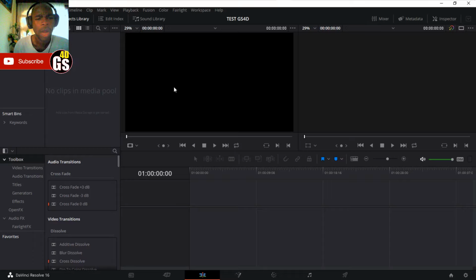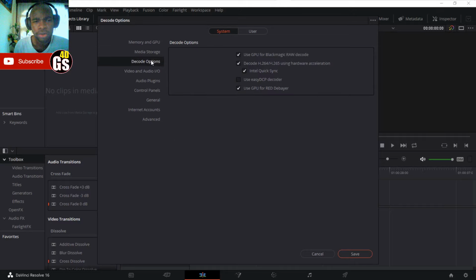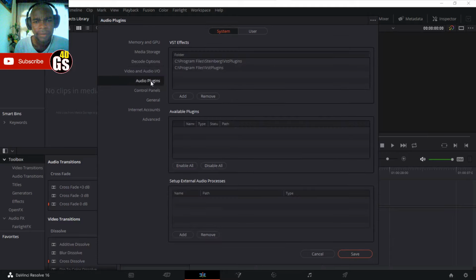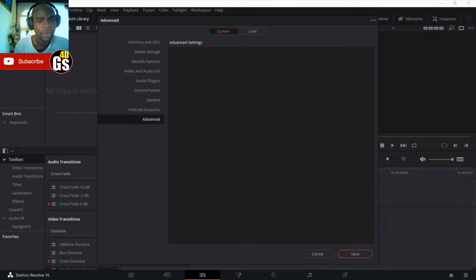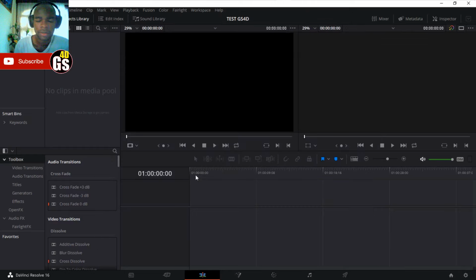Now, welcome to your project. Let's see in preferences if my configuration is good here. Okay, CUDA is selected, and this is good. Media, decoder, another, okay. Great. And user. Okay, wonderful, no problem. You can choose a language here, French for example. Okay, this is great.